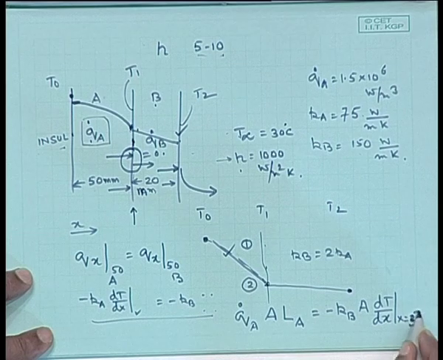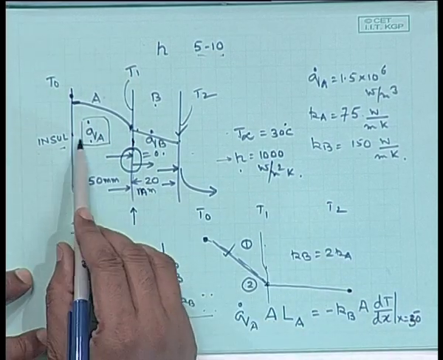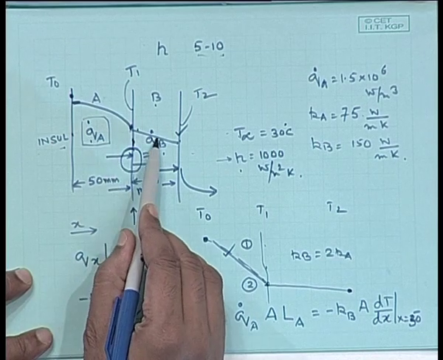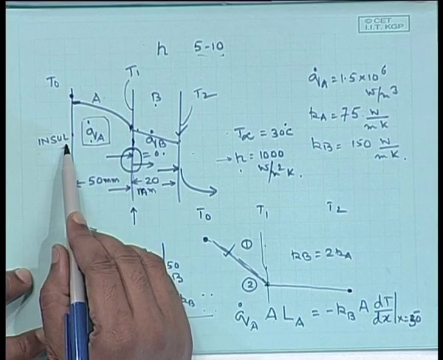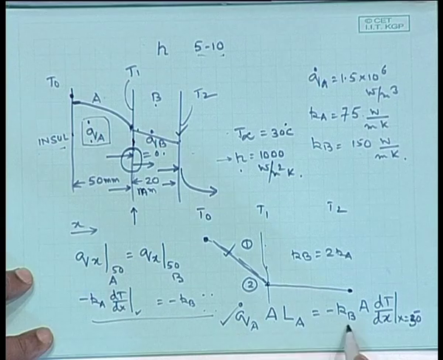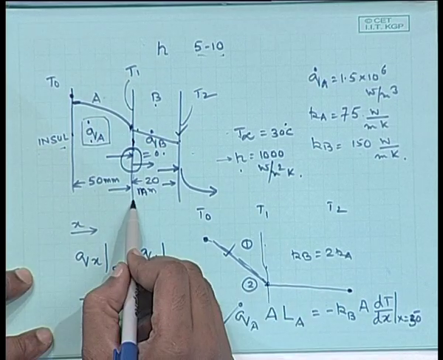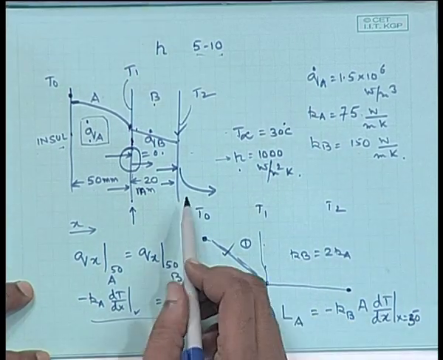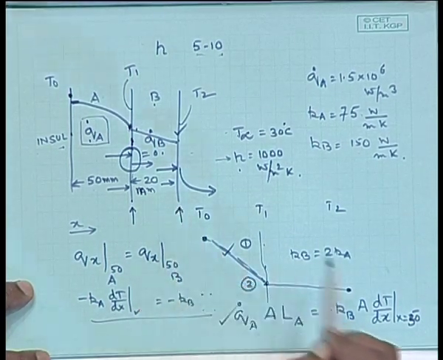The total amount of heat generated has nowhere to go except towards the right, because the left hand side is insulated. So, the total amount of heat generated should be equal to the conductive heat at this junction. Is that clear? So, now I am thinking about what is happening at this location.